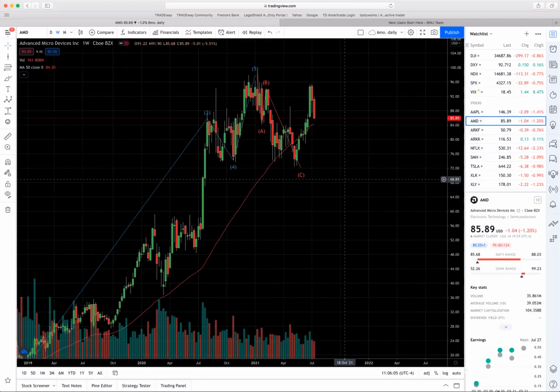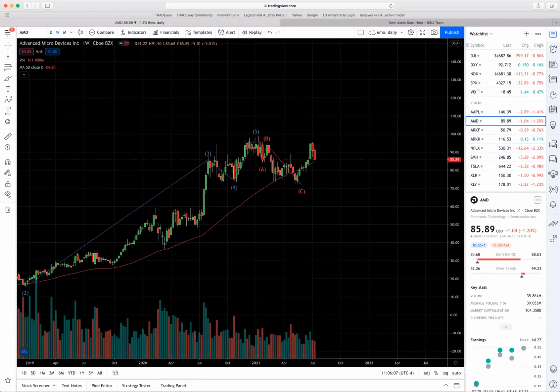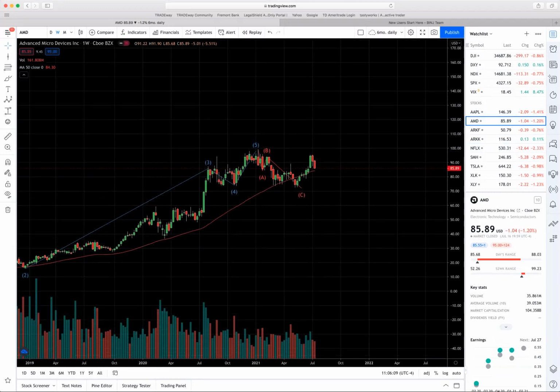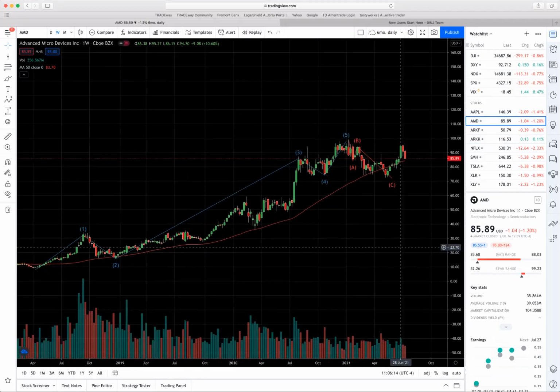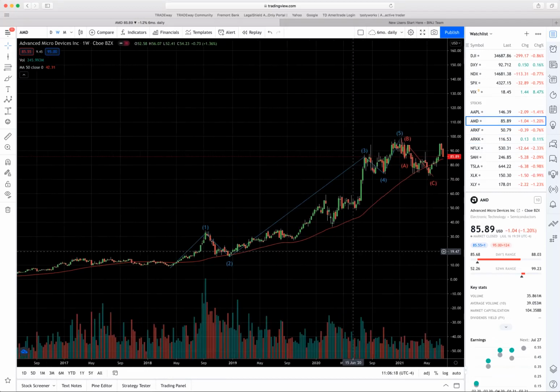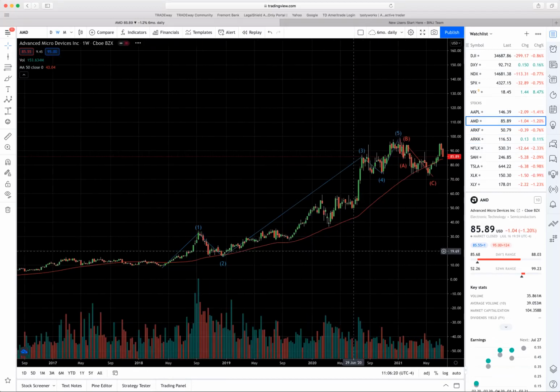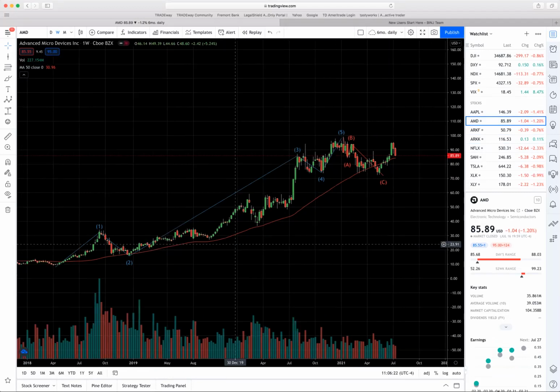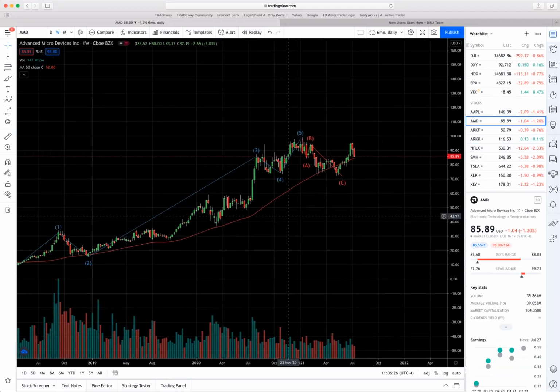Let's do kind of the same thing, shrink these prices here, and take a look. Now with AMD, obviously these two tops are a little bit different, so I'm not going from the B down to the C, even though I can. And I believe the price target I had was 120 on AMD.